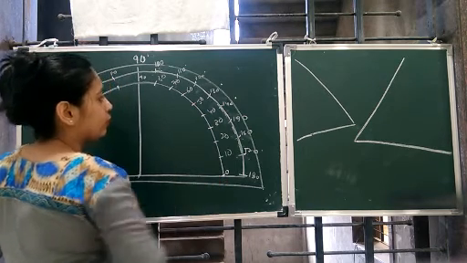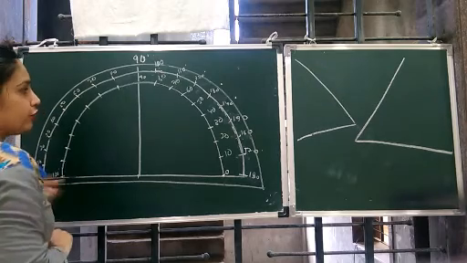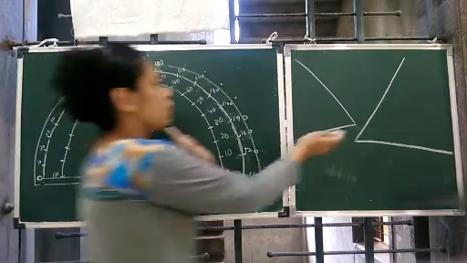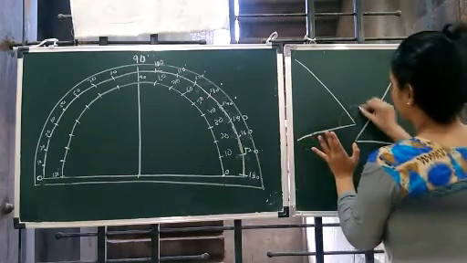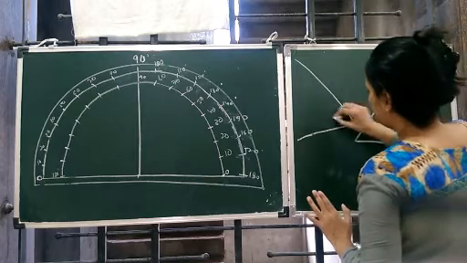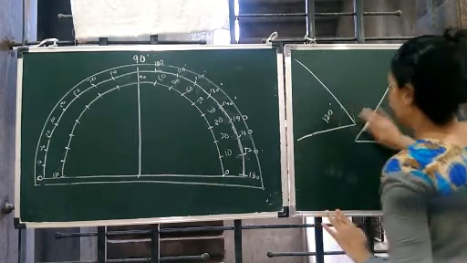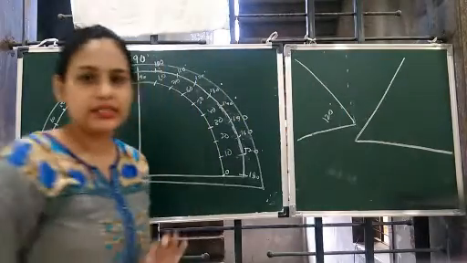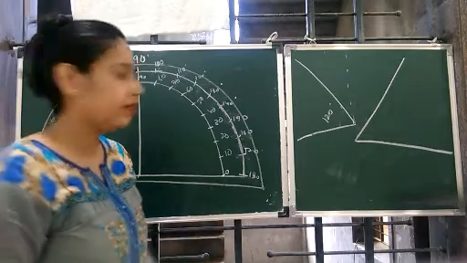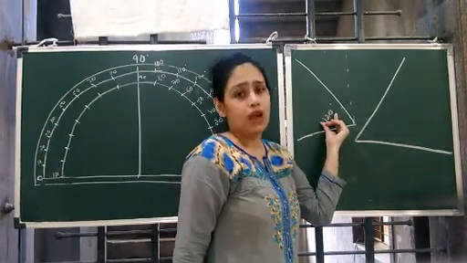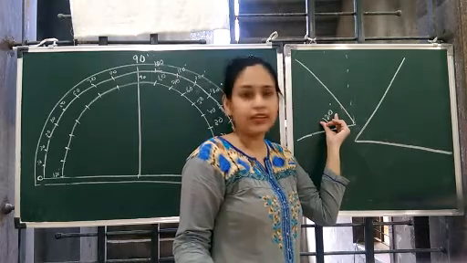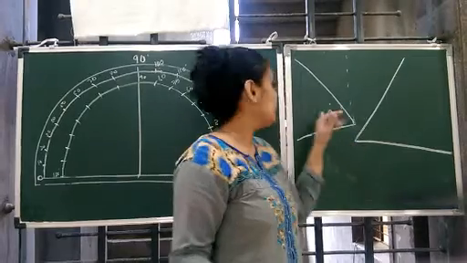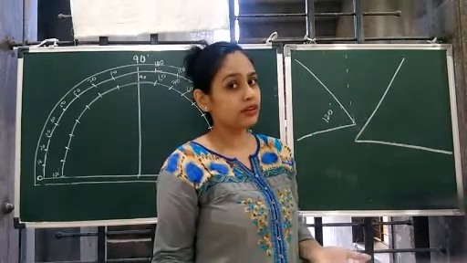Clear? Because you know what will happen otherwise, if you use only one scale, that is, if we measure this also with the inside scale. Okay, suppose you keep your protractor here somewhere. So then this comes out to be 120 degree. Now tell me, by seeing it is less than 90 degree. Is it not less than 90 degree? Yes, it is less than 90 degree. So how can it be 120 degree? Because 120 degree is not less than 90 degree. And if we see it, we can make out that this is an acute angle and 120 is not an acute angle.